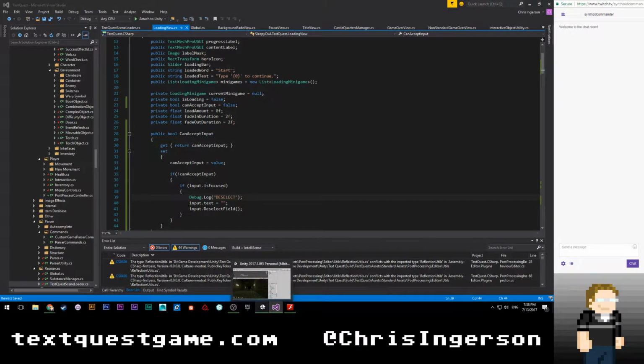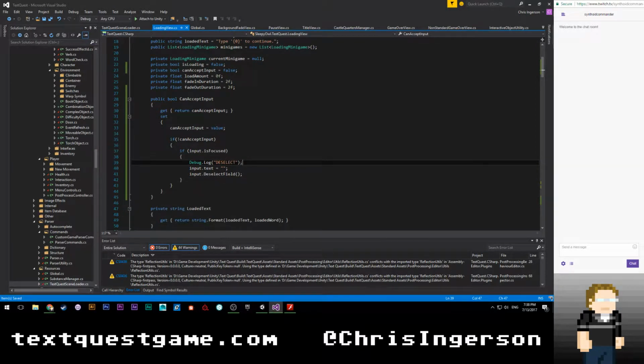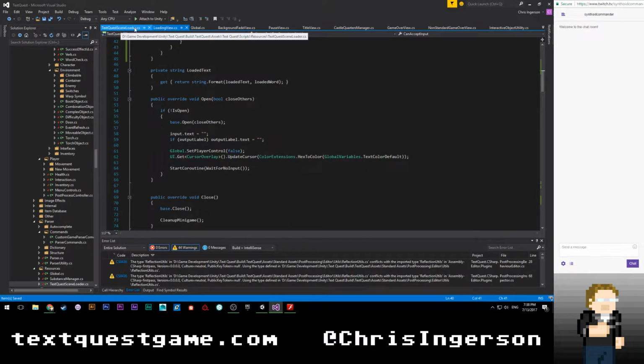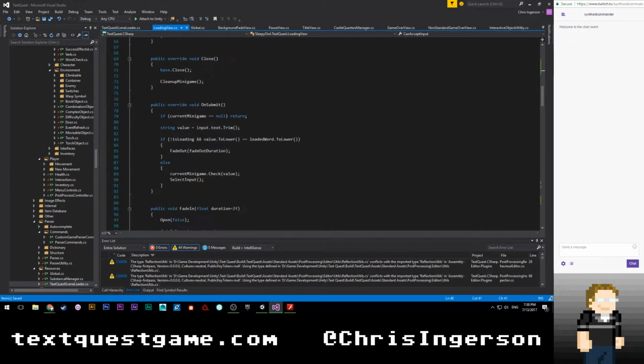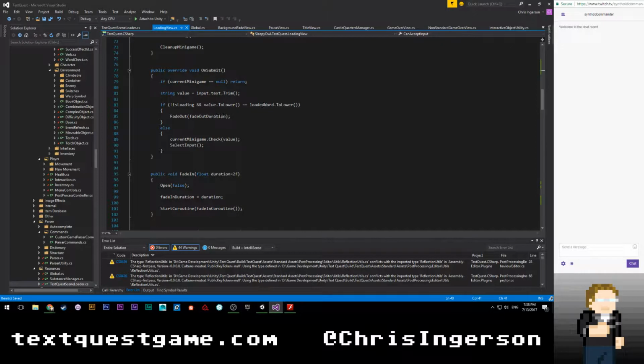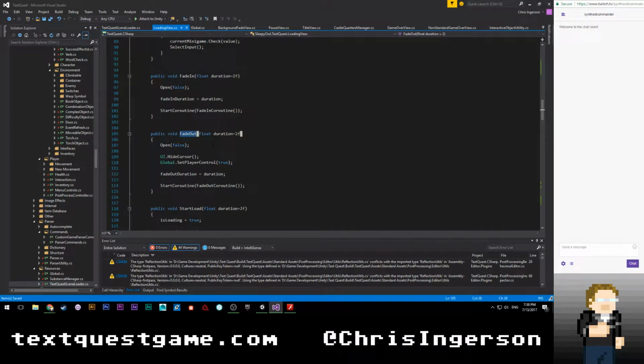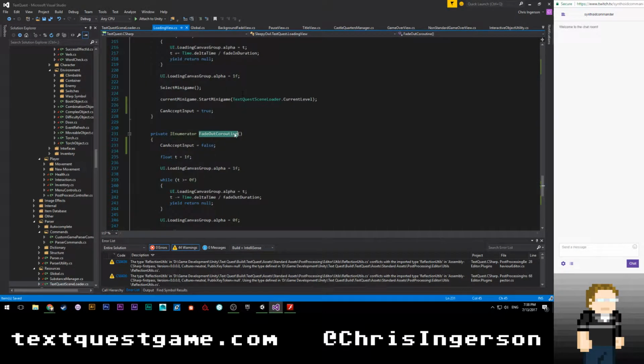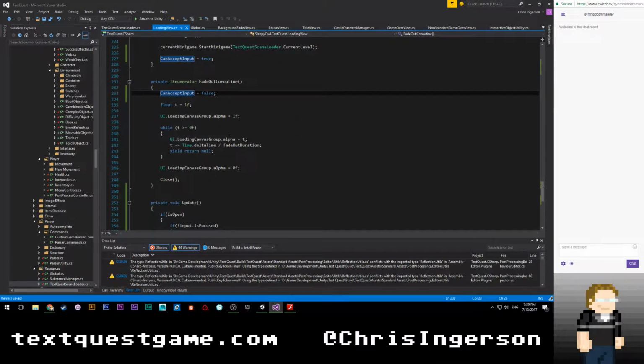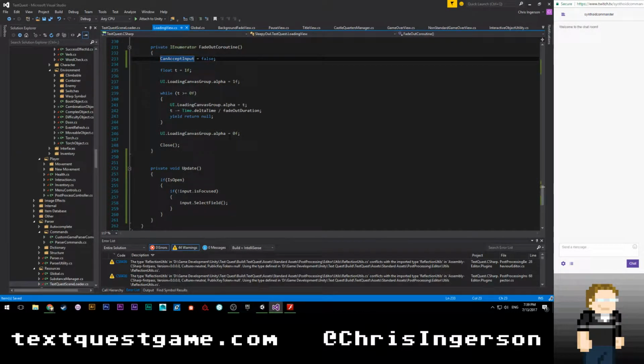All right. Let's let that... Oh, right. We have to wait 5 minutes. So we'll let that test case run out. I'm curious if it's actually getting set, because obviously if it was, this should have happened. So let's go ahead and say on submit value loaded word, fade out, go to definition, fade out coroutine, go to definition, which can't accept input, should be equal to false. And yeah, that's interesting.